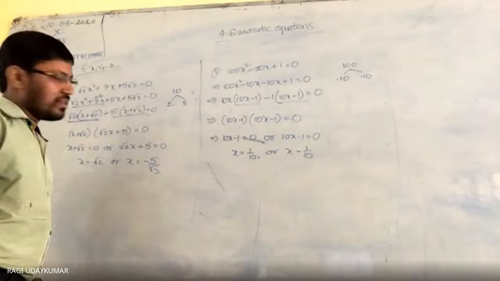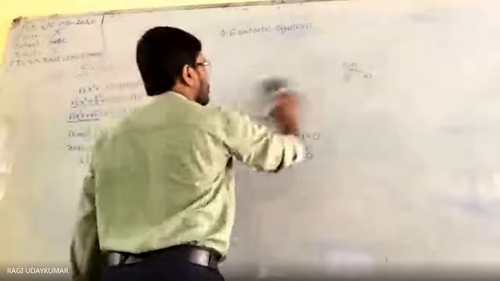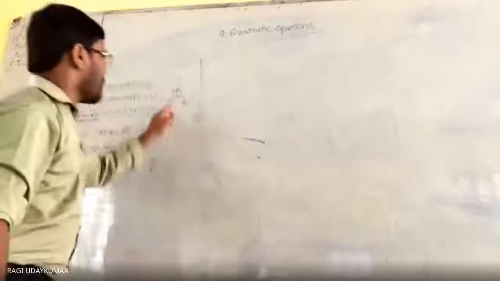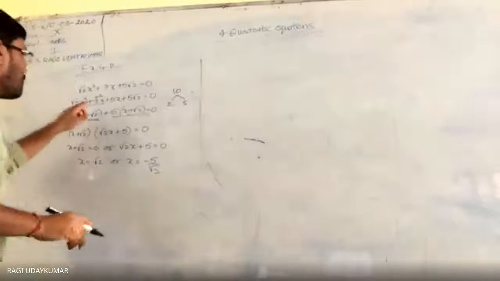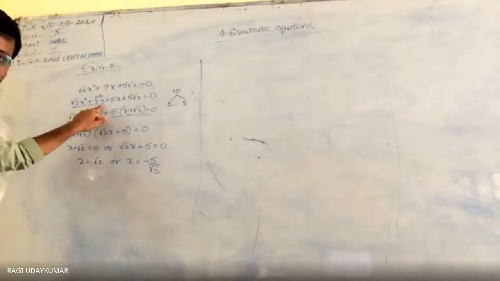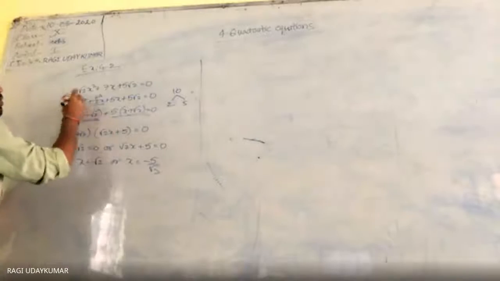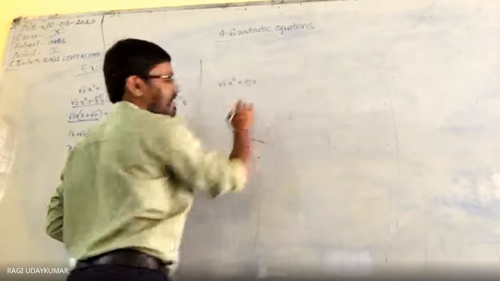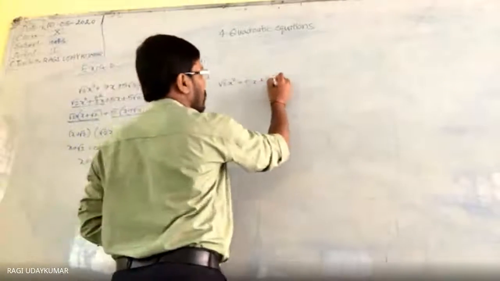Understood? Suppose the same problem again, there is a senior, some students may write, sir, you have taken 2 5s. Suppose if I take 5 2s, if I write here 5x first, then here I am going to write root 2x square. So root 2x square, first I will write the 5x, next I will write the 2x.